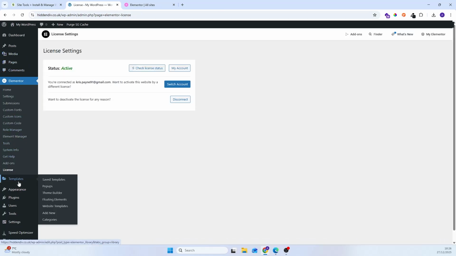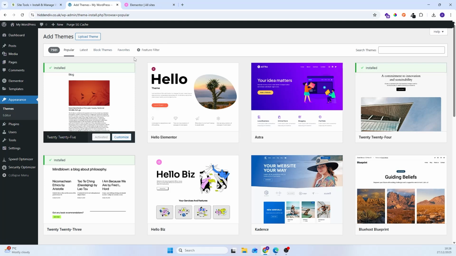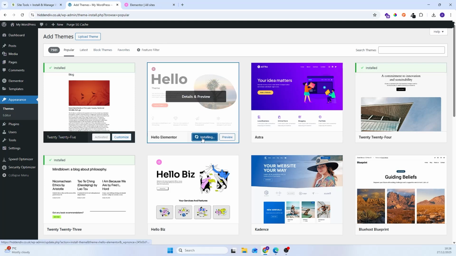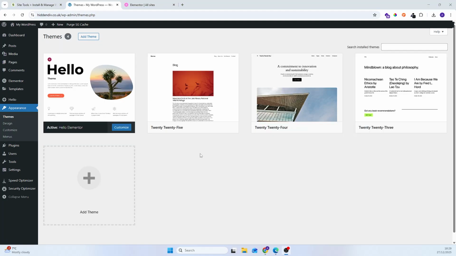So what we now need to do is go to Appearance and add a new theme and install Hello Elementor. And select activate. Okay, so now that the theme's installed, we're going to go through and do some of the basic backend settings